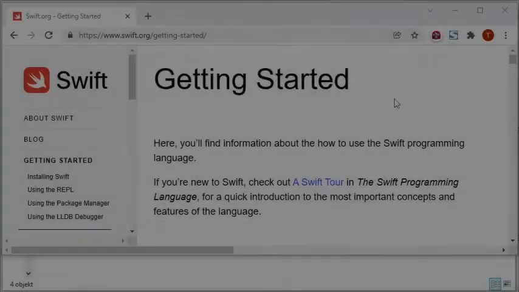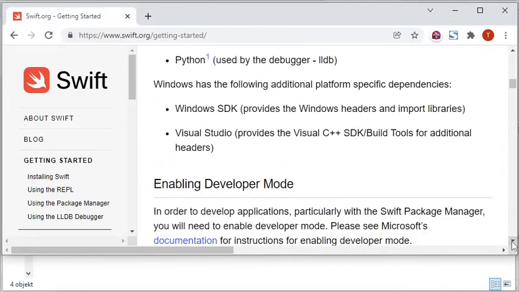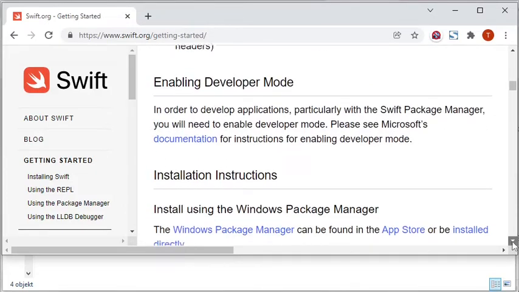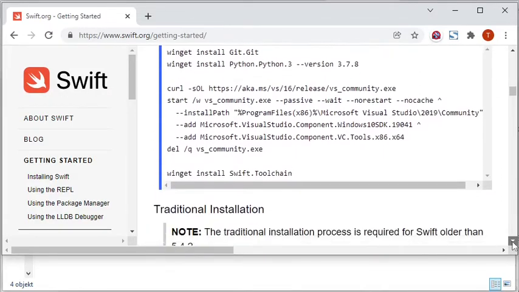In this video, I am using Windows 10, which is certainly not the most common operating system for Swift programming, but it is now possible to use Swift for Windows if you have installed Visual Studio 2019. I have installed Swift by following the instructions on the web page shown here.